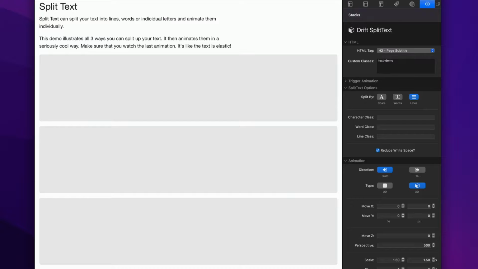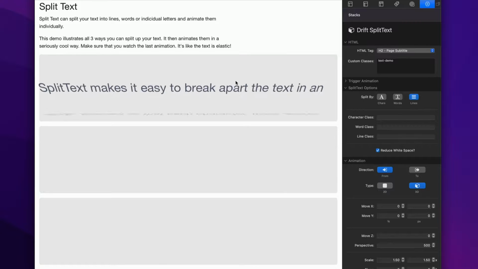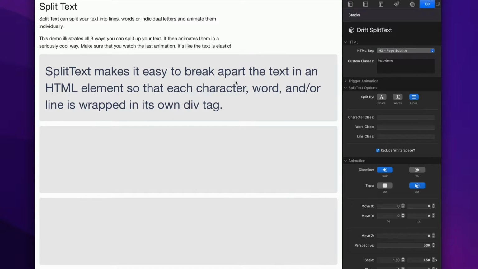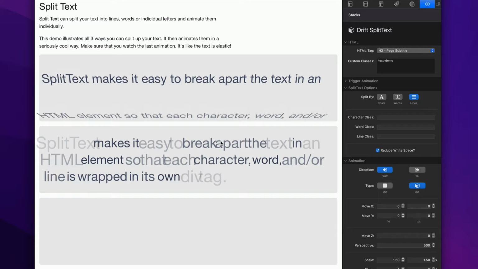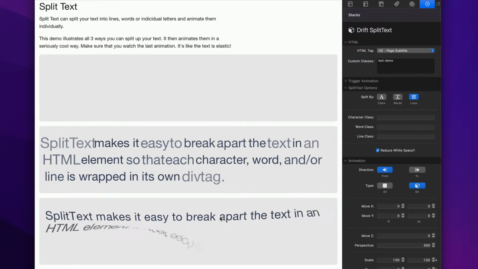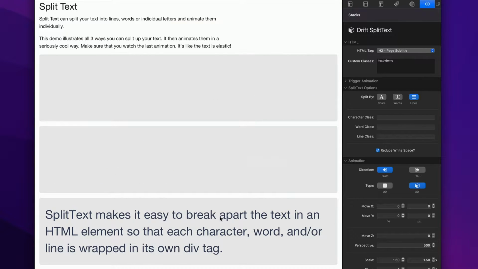Okay, guys, so in this video, we're going to be looking at split text. And split text is going to take a little bit of imagination here. Okay, you can do some amazing things here. As you see in these demos, what split text does, we see that we have three of the same paragraph